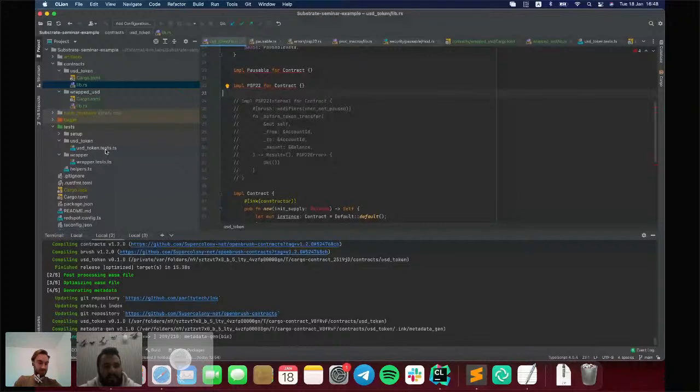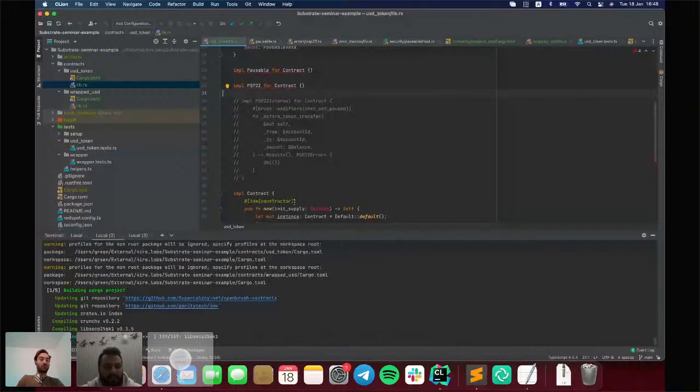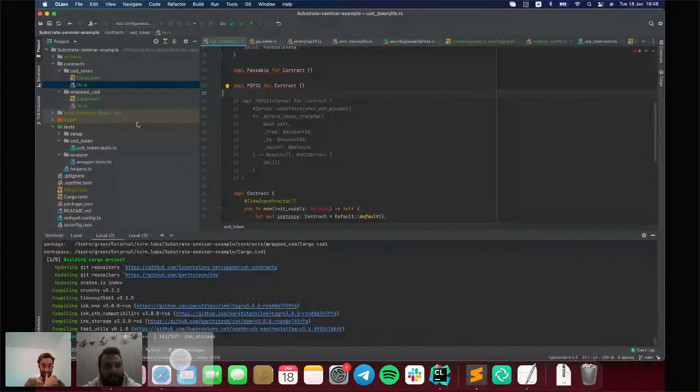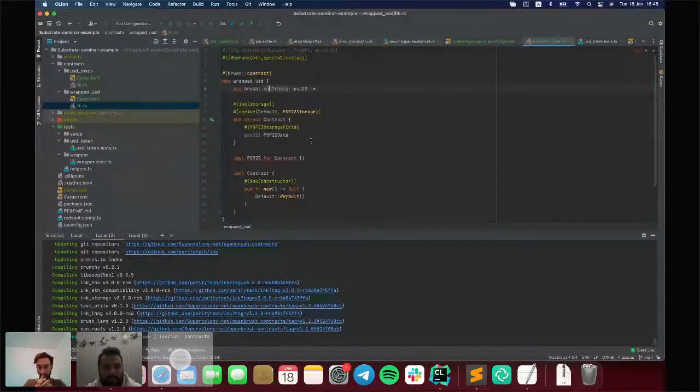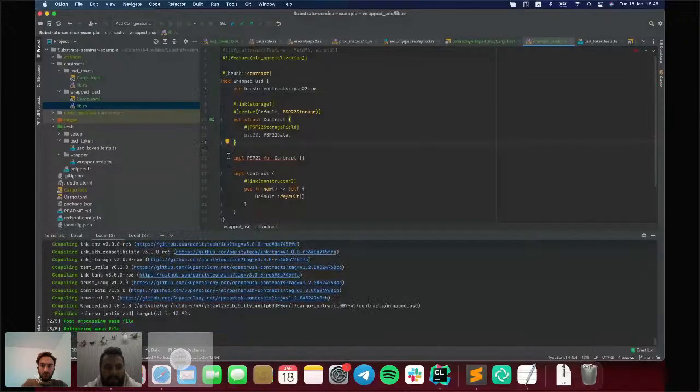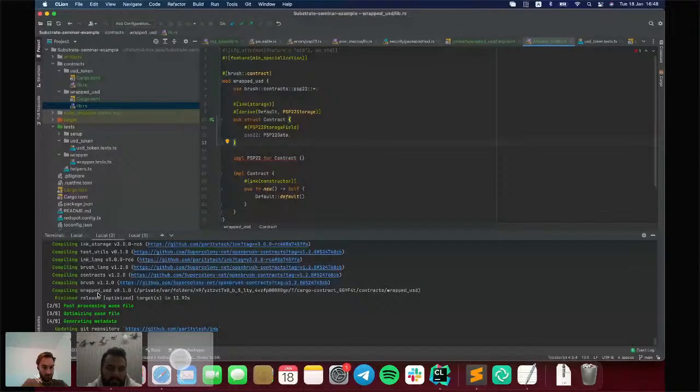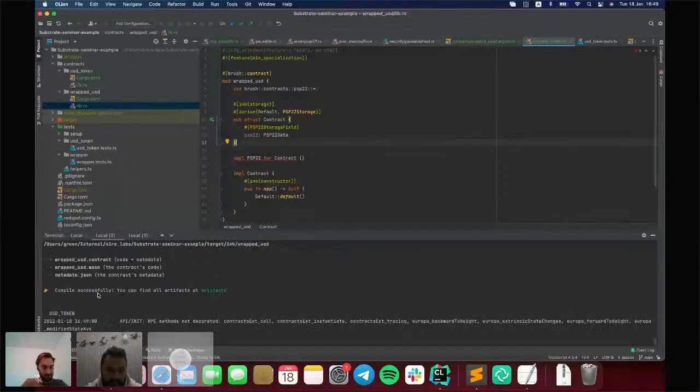It takes some time. Okay, we built USD token. Now we're building Wrapped USD.